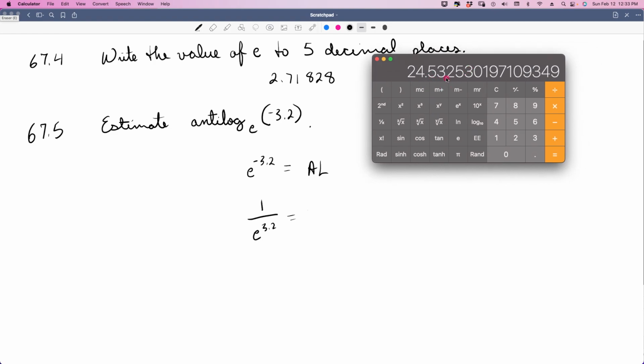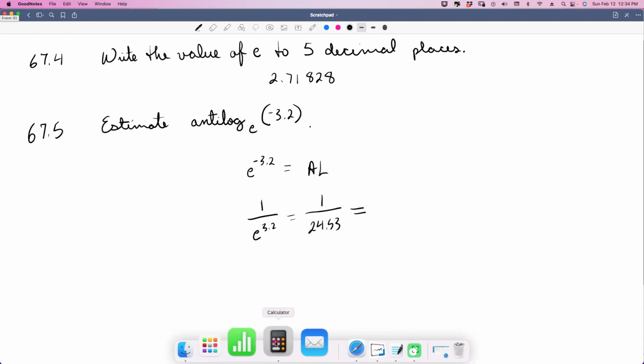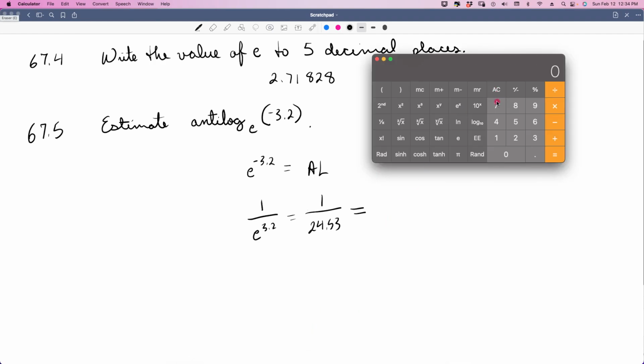Let's stop it at a precision of 2, so 24.53. So that's going to be 1 over 24.53. Now we can divide that. We clear that. We're going to say 1 divided by 24.53, and we get